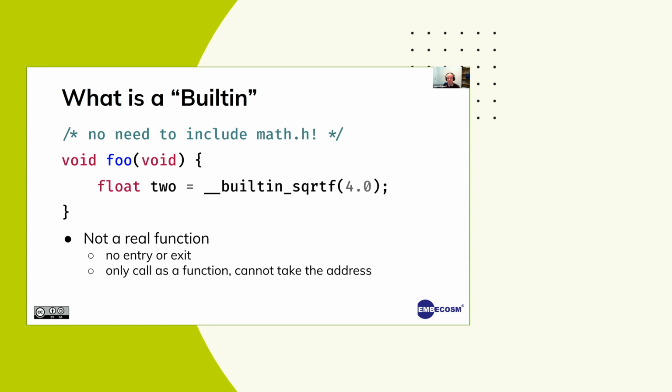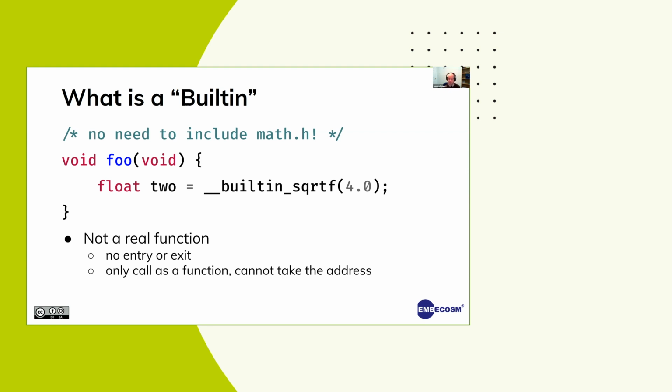Okay. So here is a simple function foo that actually computes the square root of 4 and assigns it to a float variable called float using the built-in version of the float square root function. Now, it looks just like a function. It will compute the value 2.0, and if I were to return it as a result, I could print it out. Okay, and it's a standard built-in function for GCC.